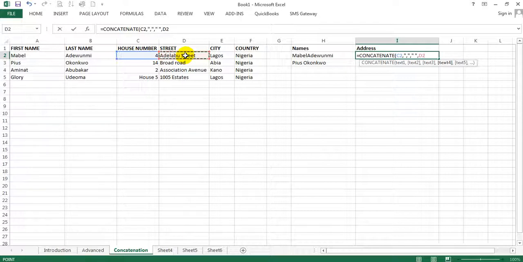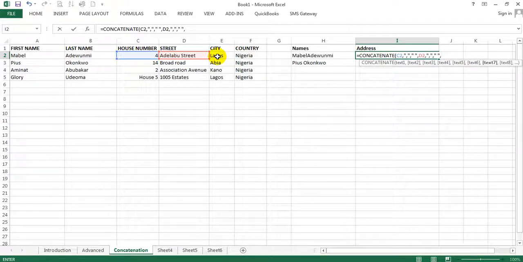I repeat the same thing again. I have Adelabu Street, I add a comma to define that particular cell. I have two things to add before coming to Lagos, and that is a comma, a space, then Lagos. So to do that, inverted comma again, the comma which is meant to be in my data, and then I close it, and then I want to add a space. I insert my inverted comma again. I need to end that with a comma, then I insert my inverted comma again, my space, close it with an inverted comma,